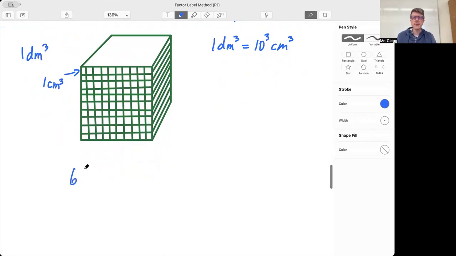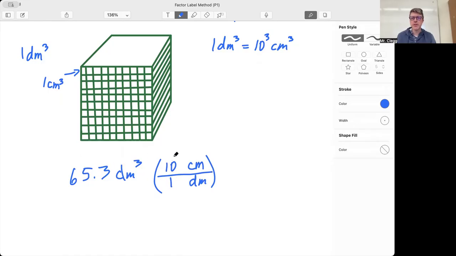Let's say we have 65.3 cubic decimeters, and we want to convert that into cubic centimeters. We can put decimeters on the bottom, so it cancels, and centimeters on top. Put the 10 and the 1. Now we can cube everything. Cube that, cube that, cube that. Don't cube that because we don't have to. We'll cancel out those units, and now we have